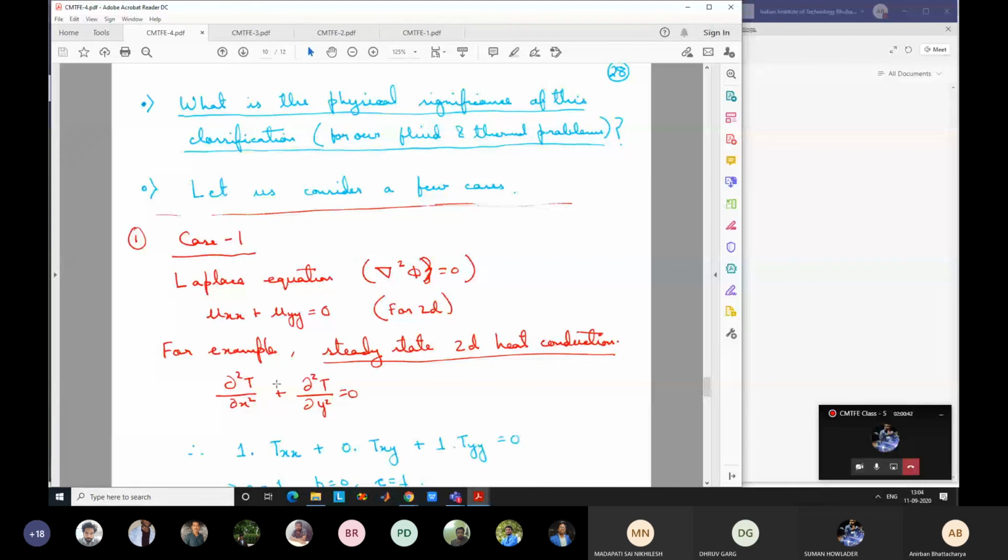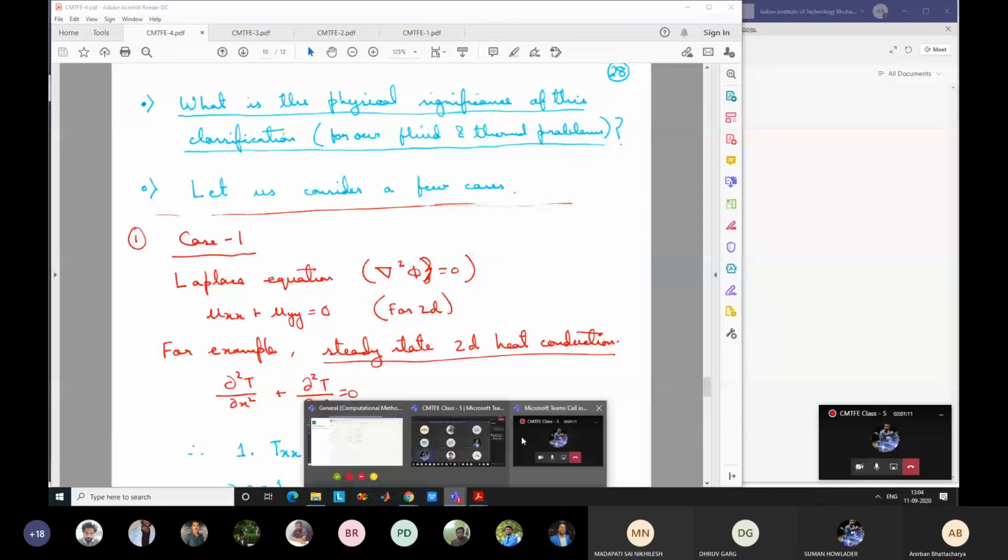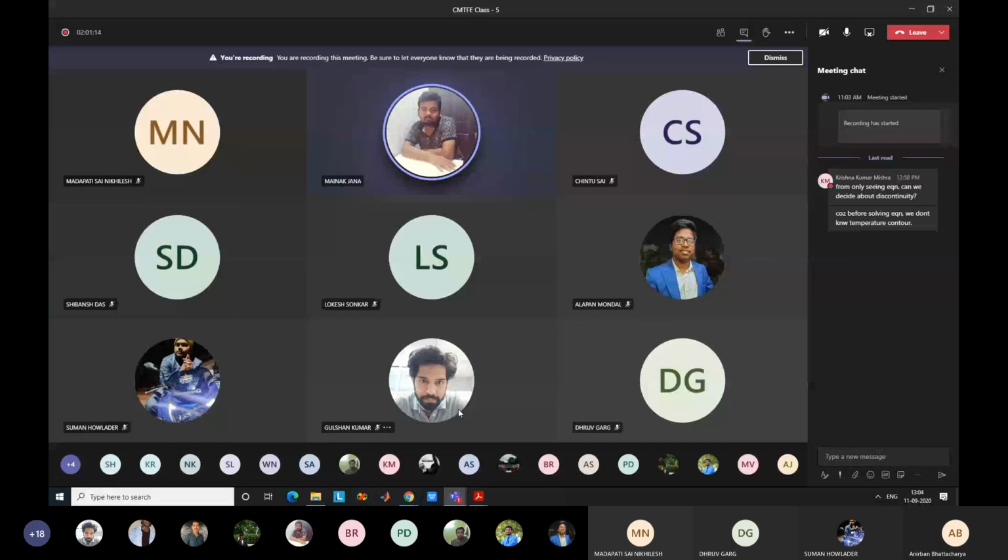So what I mean by instantly it influences, I mean that if some change is there in the domain, the solution of the entire domain should change. So the concept of time is somewhat vague in that sense. But yes, it is true that the solution in the entire domain should change when we calculate the solution for the first time. There is no time required for that solution to change. You are asking about something else? Time means you are talking about not physical time, iterations? So are you talking about iterations? No, not iterations also.